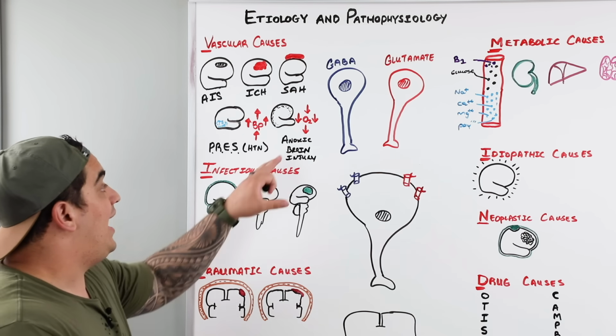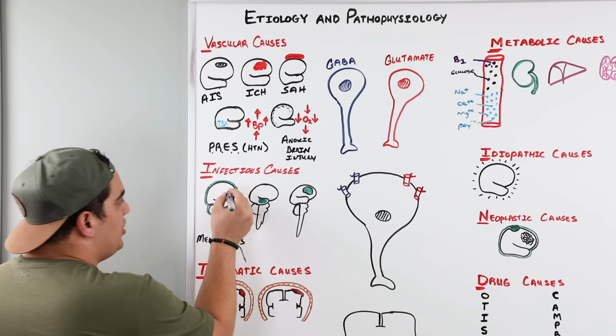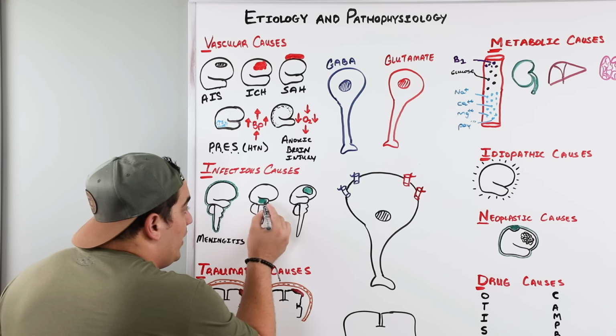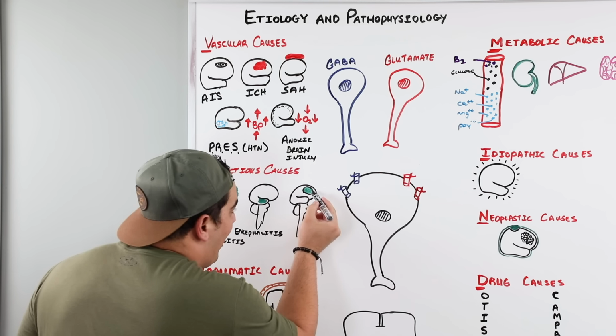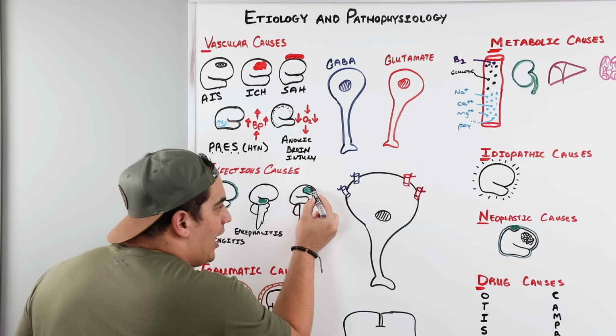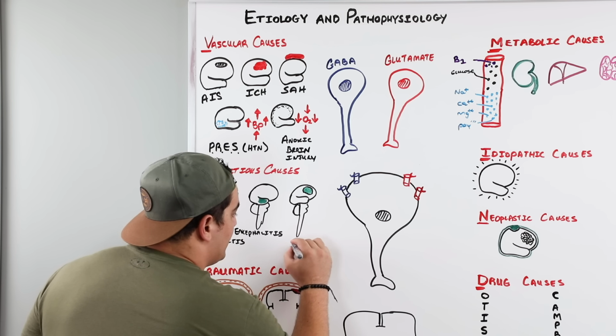The next thing I want you to remember is infectious causes, so the I. Infectious causes include meningitis. That's very close to the cortex, and so that irritation of the meninges can also irritate the nearby cortex. The next one is if you irritate the actual brain tissue itself, and that is called encephalitis. The next one is when you have a big loculated accumulation of pus and bacteria or other types of microorganisms that are accumulating near the cortex, and this is called a brain abscess.